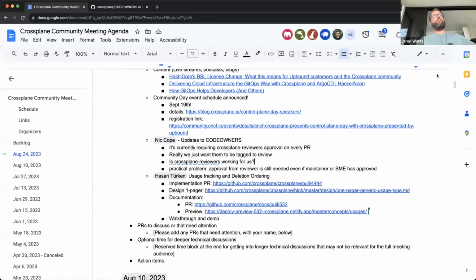All right. Then I kind of want to just acknowledge something, Nick, that you're saying. First, it is kind of annoying or impractical that if a maintainer has approved it, it still can't be merged because it needs somebody from the reviewers group. That's an impracticality that should be adjusted or looked at. But the greater scenario here is, what does the reviewers group mean? What are the expectations for it?